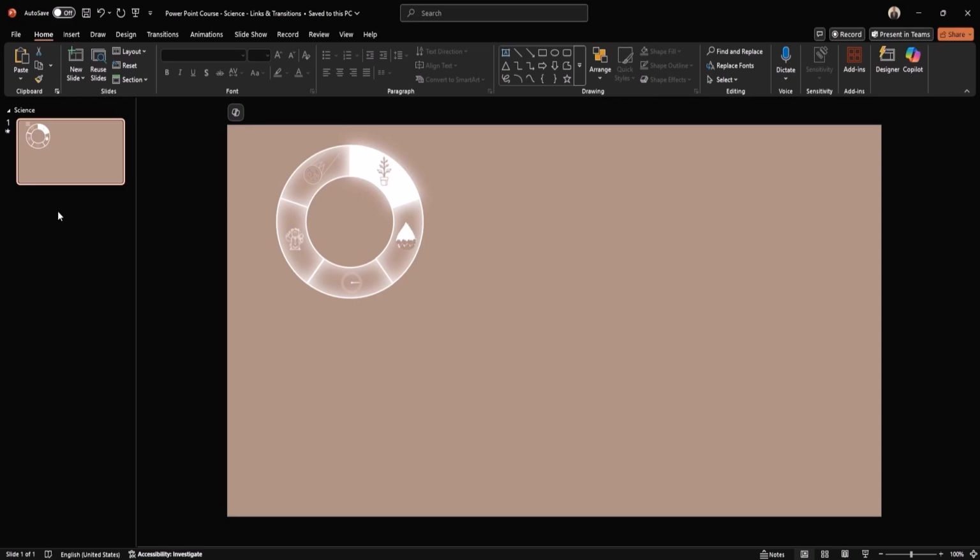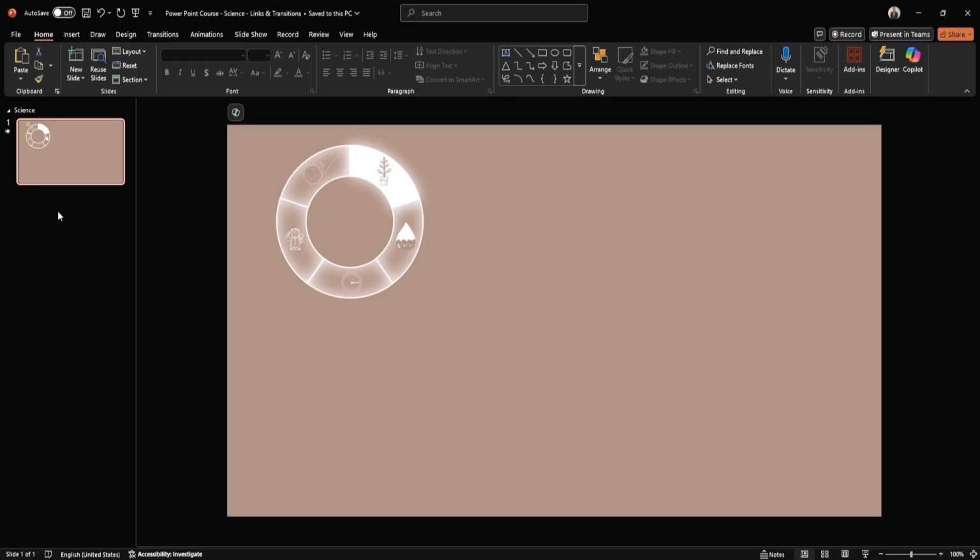In this session, we'll finalize the menu by adding links to each of the off GIFs, ensuring smooth navigation. We'll then create 5 slides, one for each menu item, so that clicking on an option seamlessly transitions between them. To optimize performance, we'll delete unnecessary duplicated GIFs and animations, keeping the slides clean and efficient.